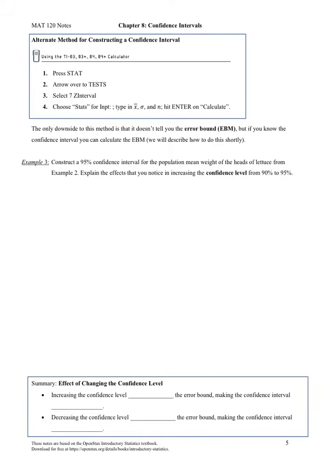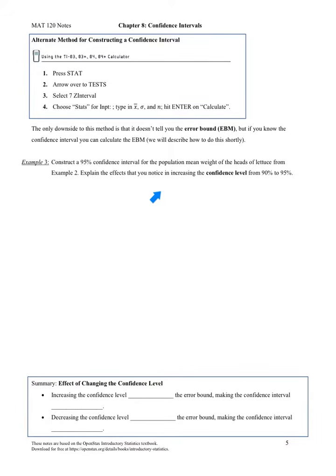Let's start the third video of section 8.1, where we're still talking about confidence intervals. Above, you are going to see some steps to performing how to construct a confidence interval in your graphing calculator. Let's practice this on example 3, and this is using example 2 from the previous video with the heads of